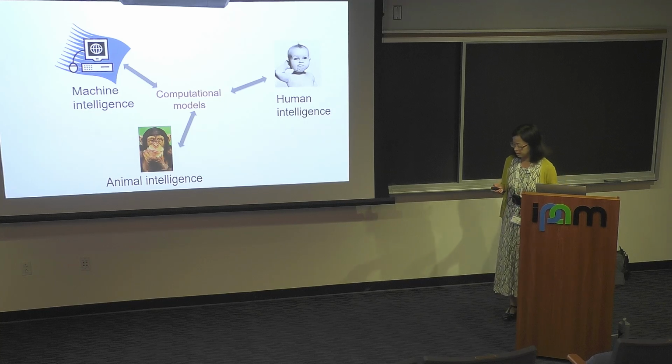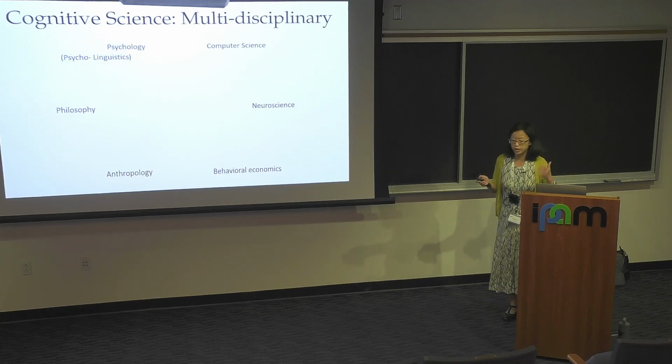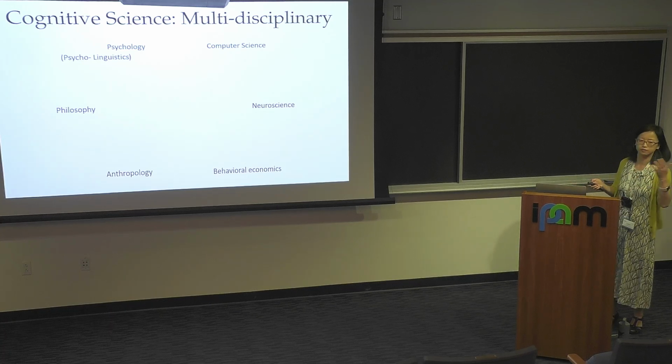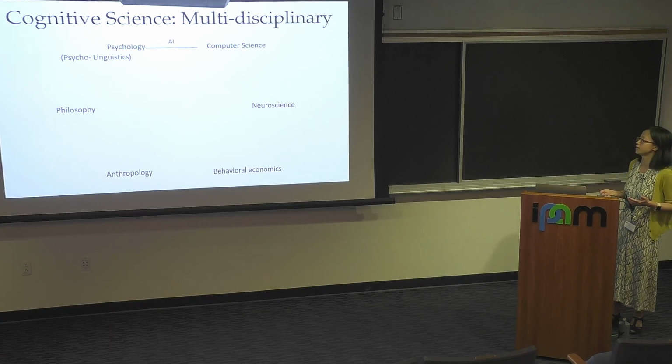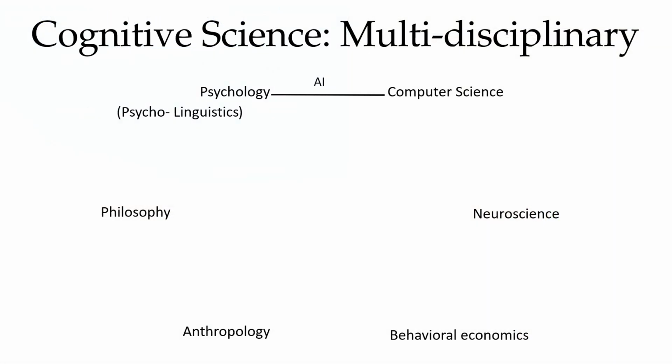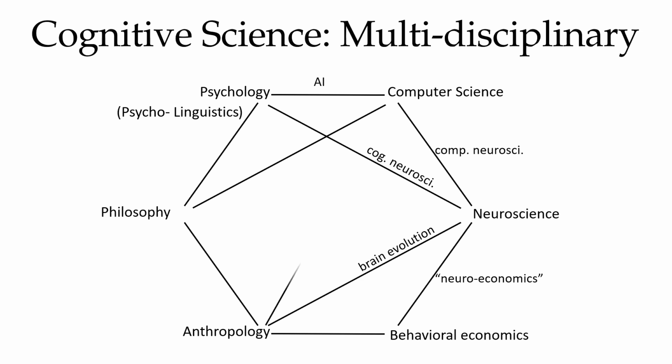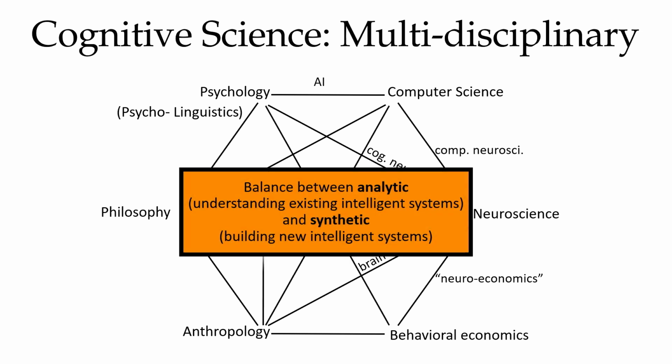To study this problem, we take the cognitive science approach. Cognitive science is famous for having this hexagon to show how we study intelligence and the human mind from a multidisciplinary approach. You can see that all these different fields interact with each other and try to find the balance between